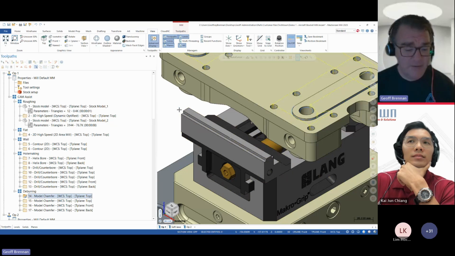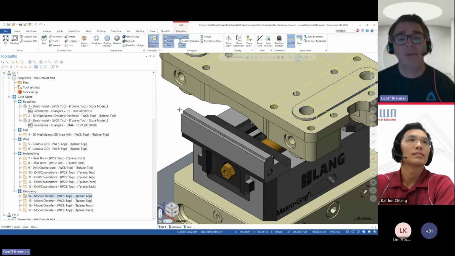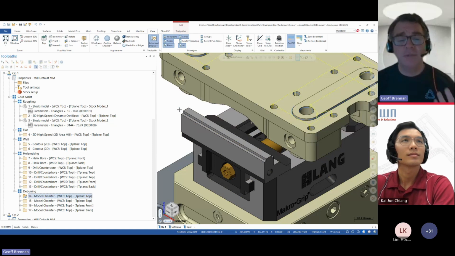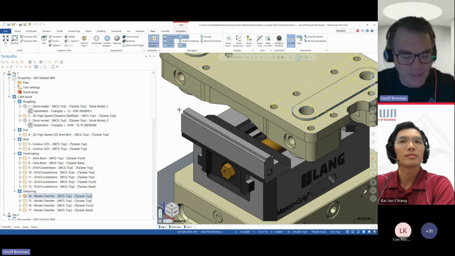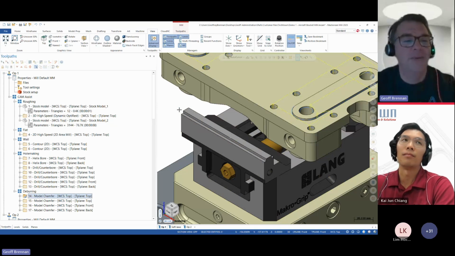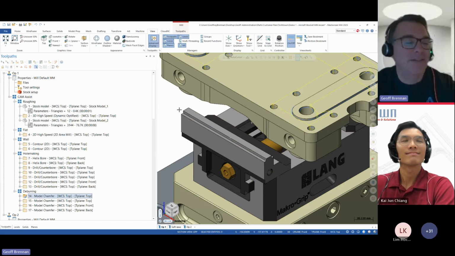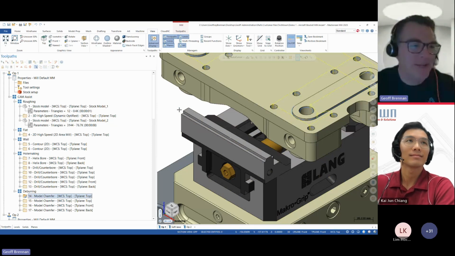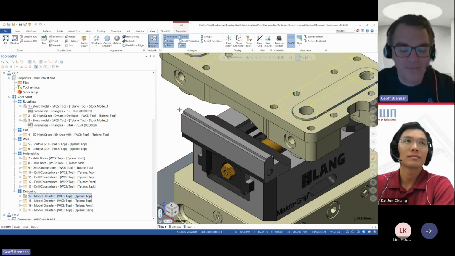So basically, if you've got a bunch of jobs in your queue, and some are 3+2 and some are 5-axis, running the parts on 3+2 through CamAssist really frees you up to be focused on those complicated 5-axis jobs that really require full attention. We had one customer, for example, and he was really excited about CamAssist because he was doing all of his CAM programming at night when the office wasn't busy. And so the program sort of helped him regain a little bit of work-life balance as he could do some of his jobs more during the day and not have to take up his evenings so often.